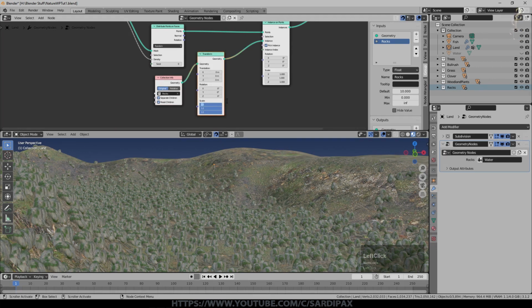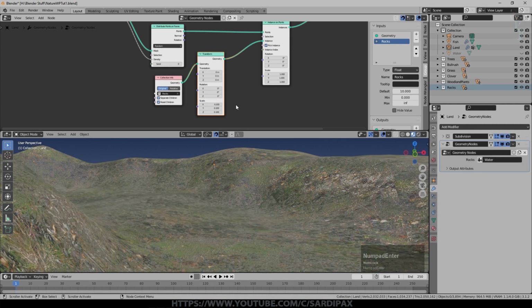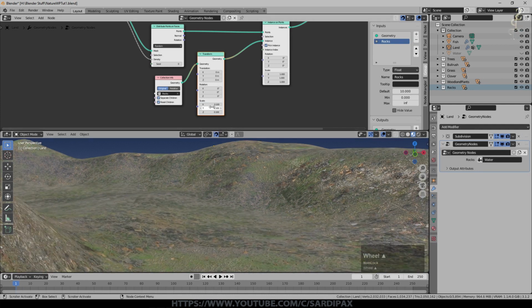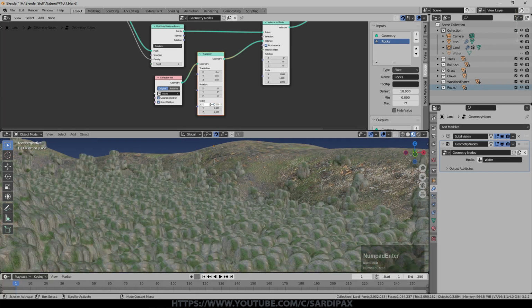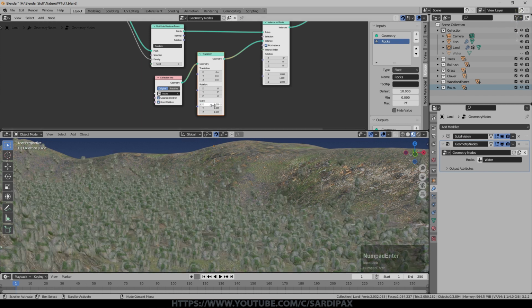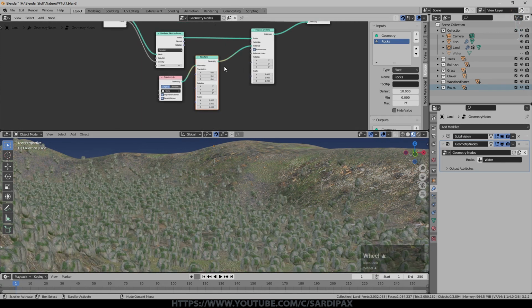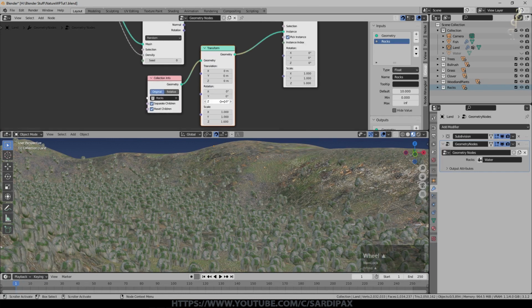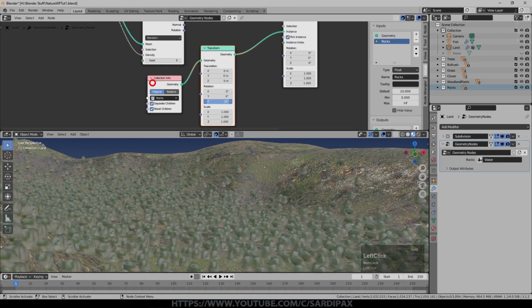And if I wanted to, I can rescale this. So I could say 0.1, for example, and they're all in fact too small to see, or 2, and you can see they're much bigger. But it affects all of the rocks going into here. It's not just affecting some of the rocks. But for the moment, I'm just going to leave that as it is. But it also allows me to do things like rotate them. So you can see they're all rotating there.